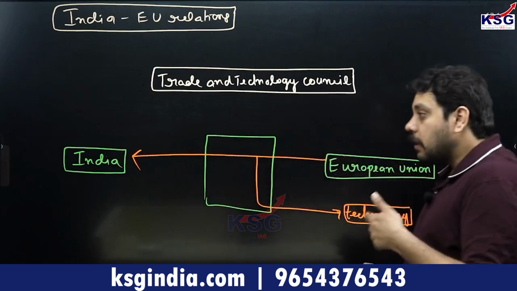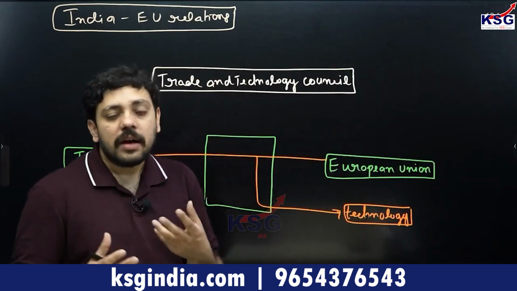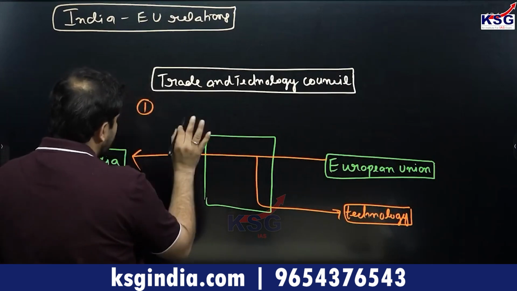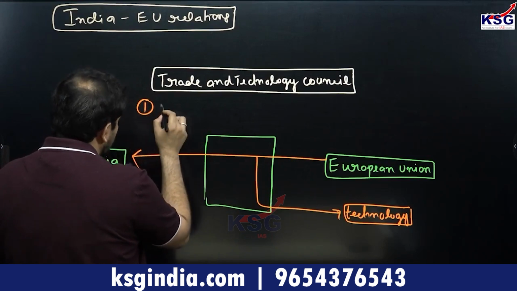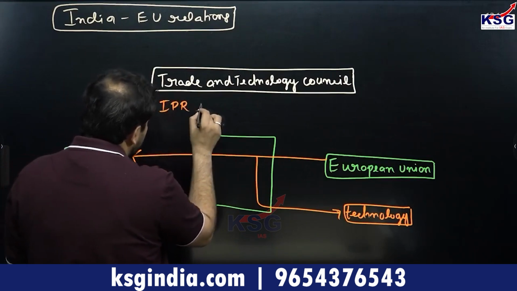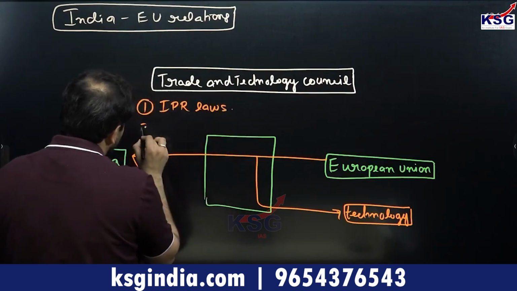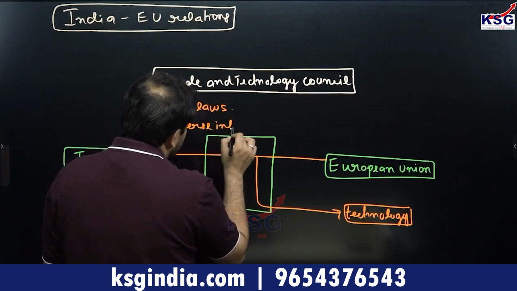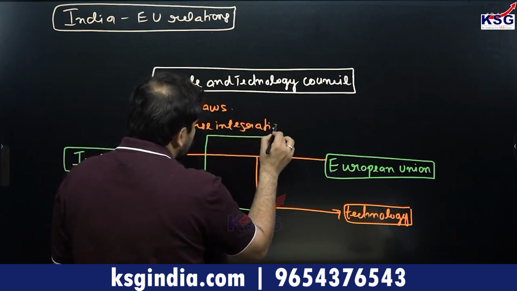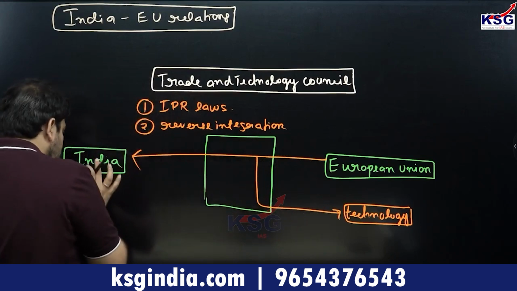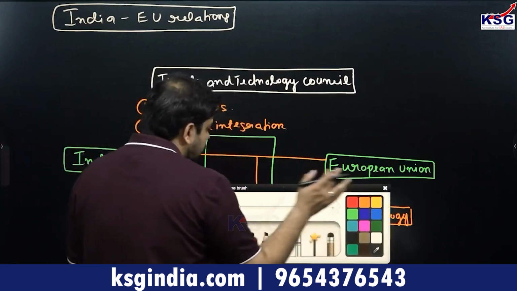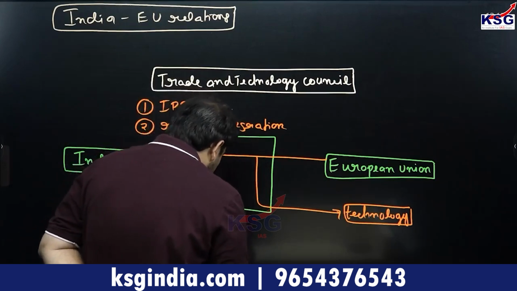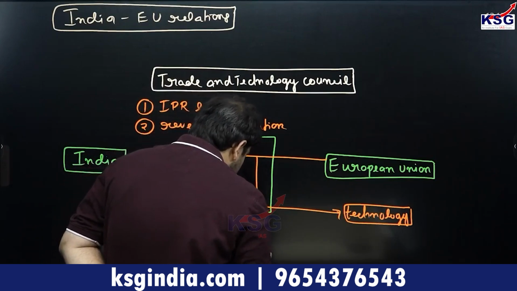But some of the issues that are happening when the European Union is transferring technologies to India are, number one, that India is in a way not adherent to the IPR laws of Europe. Okay, or let's say there are certain cases in which some complaints are made about reverse integration of technology. So when the European Union is going to transfer technology to India, this kind of technology transfer will be channeled through what is known as a TTC. It's going to be a body of members from both sides.